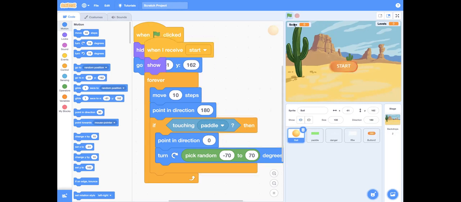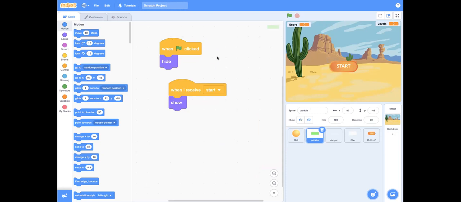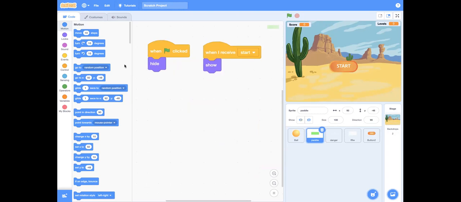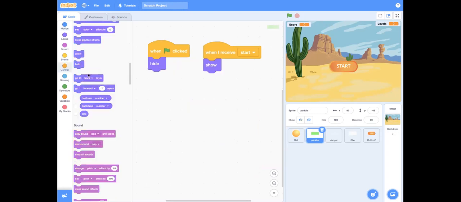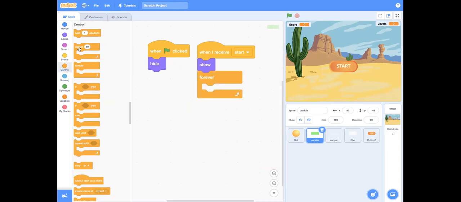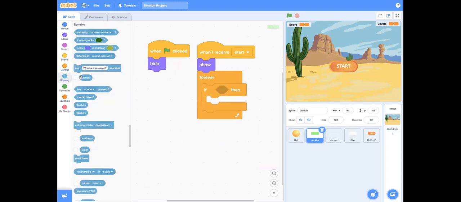I click green flag. And before I do anything, let me first program the pedal such that we have motion. So I will say when green flag is clicked, it will hide. And when it receives this, it will show. After showing, you come to control and get the forever. Put it here. Then you go and get the if. Put it here and you say if key